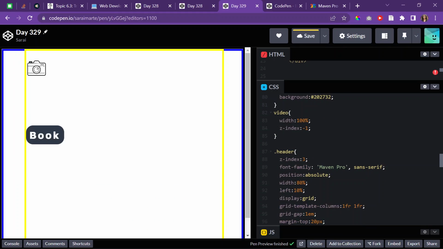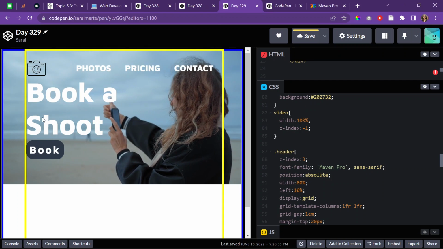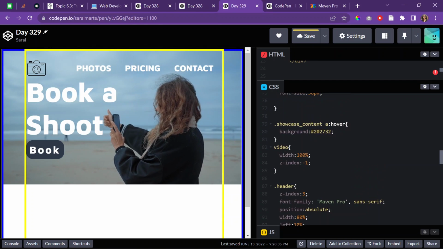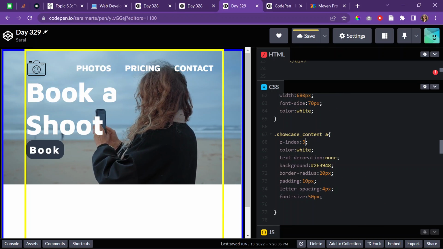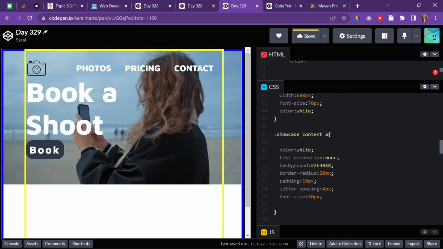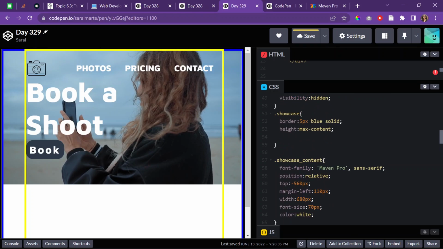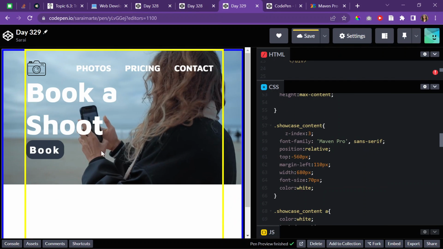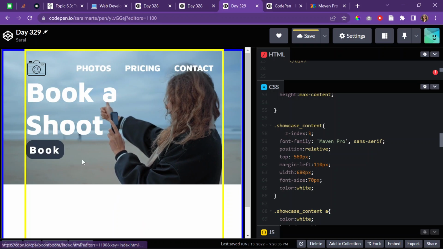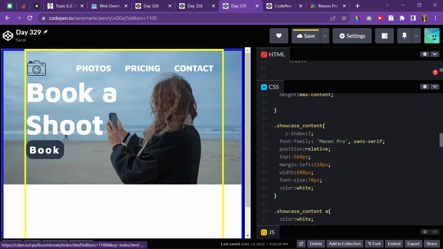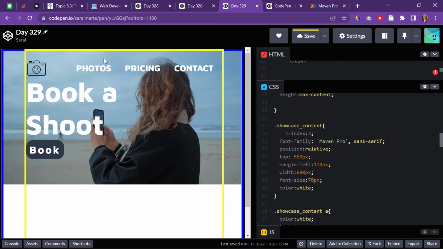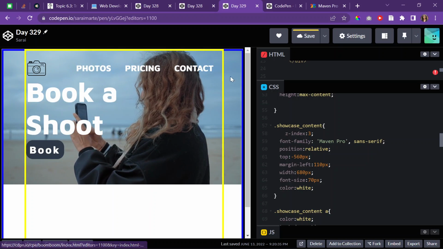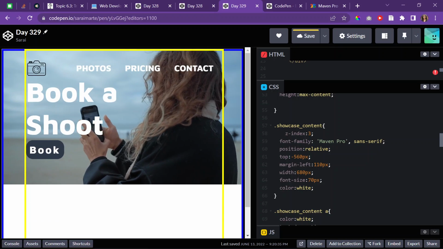But at the same time, maybe it's not the A itself. Maybe I have to do the showcase content in general? And if not, then I'll have to do, oh, there we go, the showcase content. Okay. Right, because the whole thing, it's in, yeah. Alright, so that had to work itself out, and then the last thing